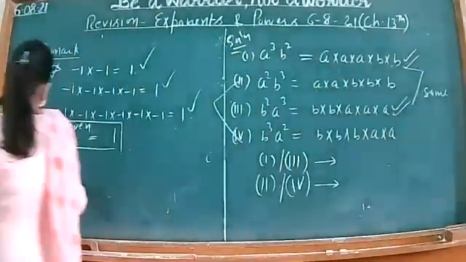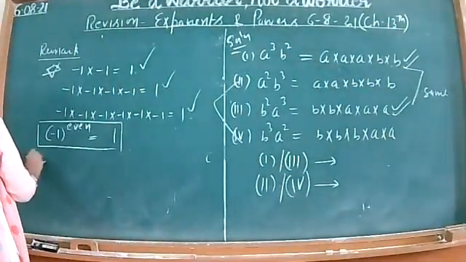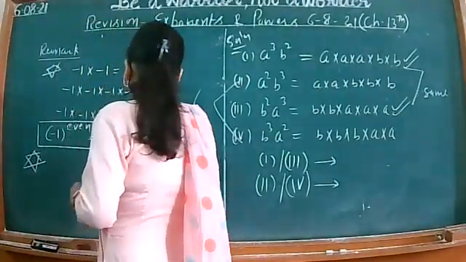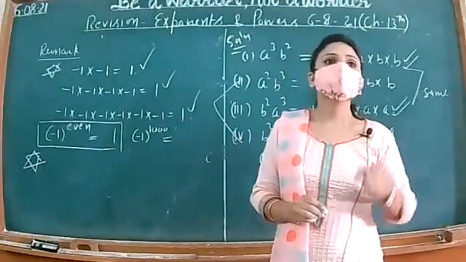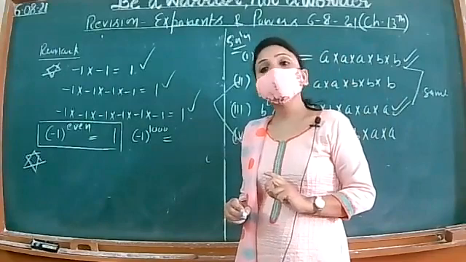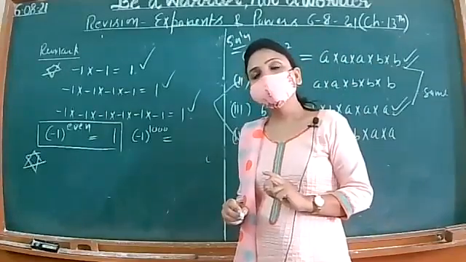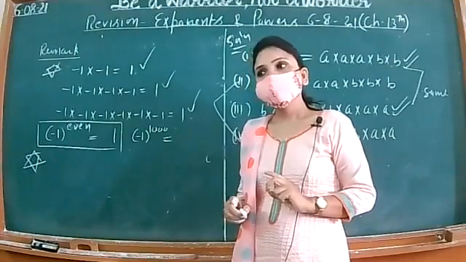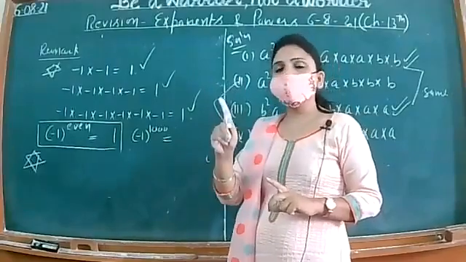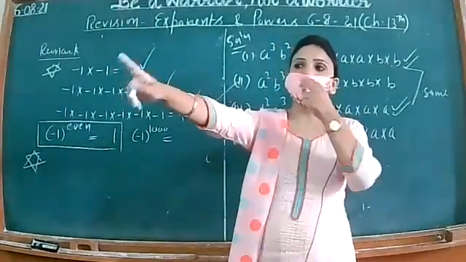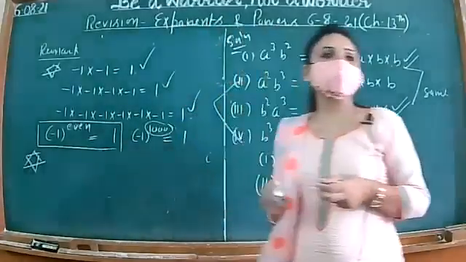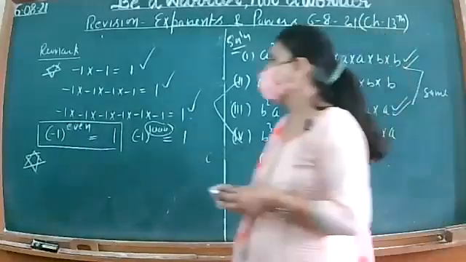Let us do the second remark. This can come in a 1 mark question. Suppose I'm asking you what is -1 raised to power 1000. What will be your answer? 1. Why so? Because 1000 is even. Hargunpreet always gives the right answer. Hargunpreet from 7th A is telling us that this answer is 1 because 1000 is an even number. Okay? Let's go next.